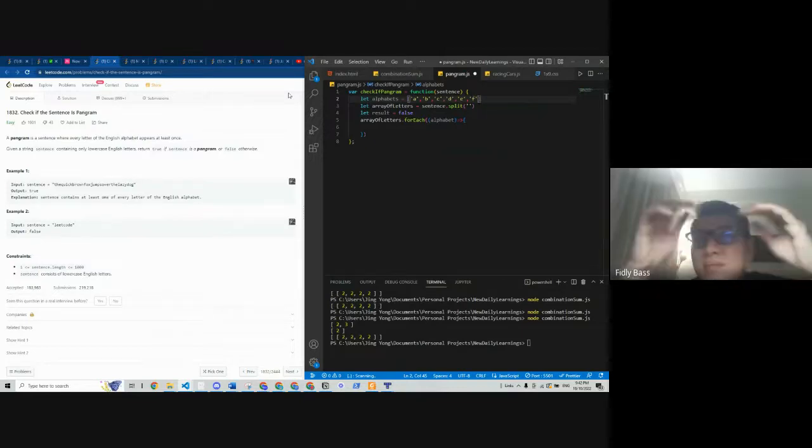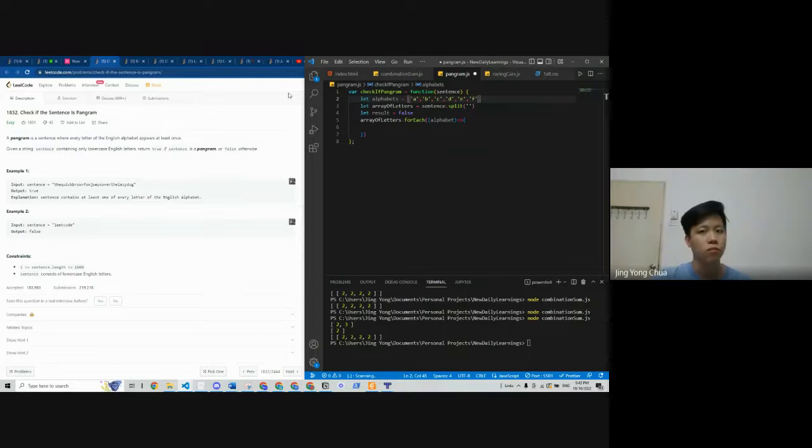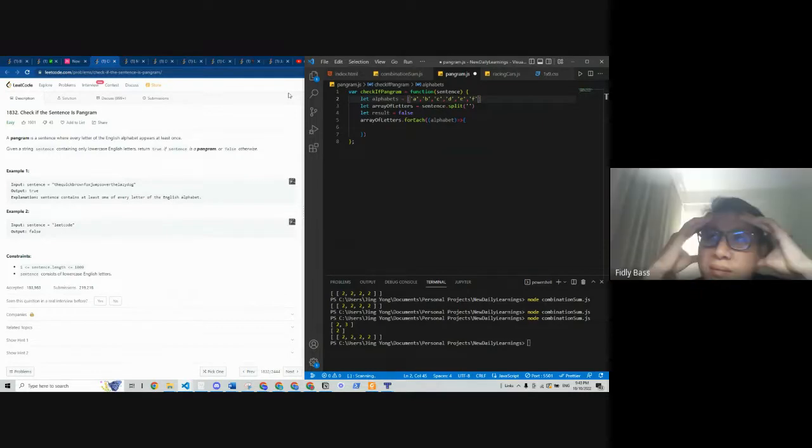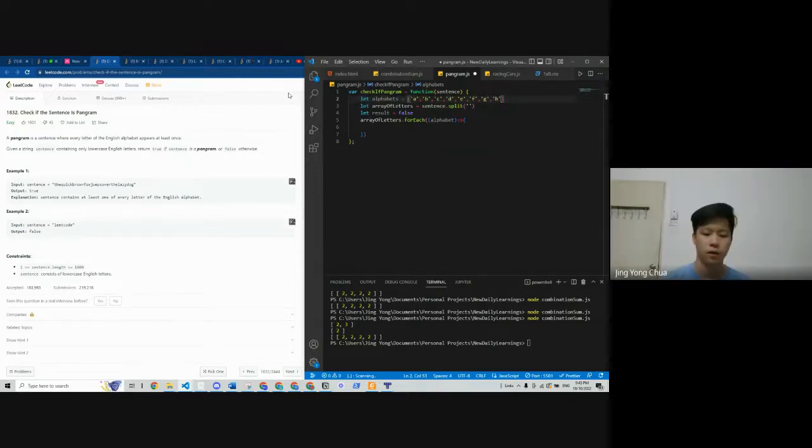That's the thing. I'll try to think while I write this one out first. Okay, I feel this is not the right way. It's a bit too long.